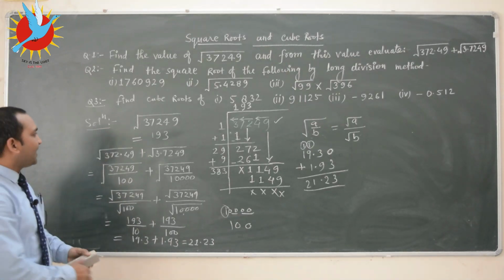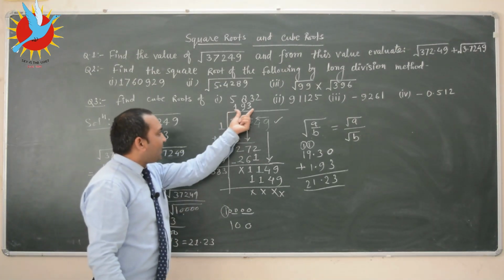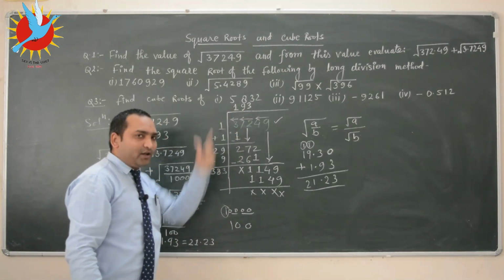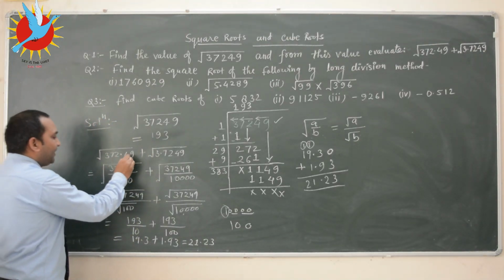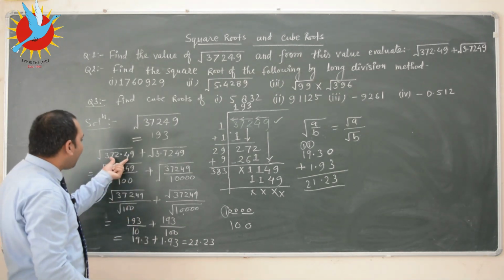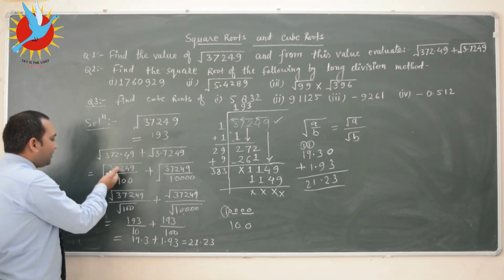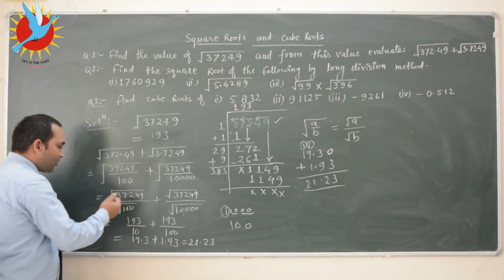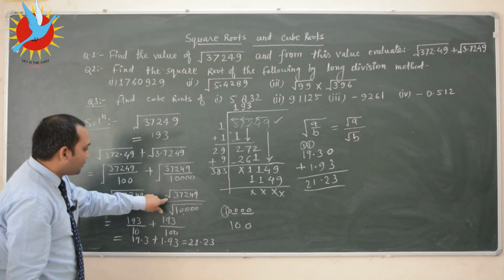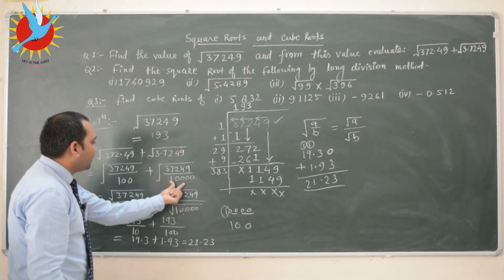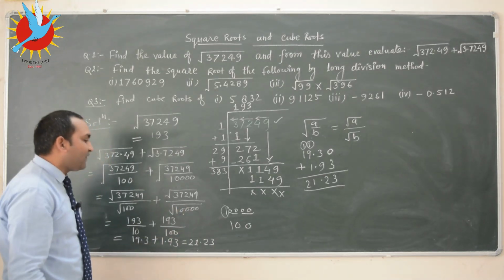So it is clear that a number is given whose square root we have to find. First of all, we find the square root of that number by the long division method. After that, the same number was in the decimal form, so we convert the decimal form into the fraction form and find the square root. Simply, we find the square root of the numerator upon the square root of the denominator. Here also, the same number and the square root of that number upon the square root of the denominator 10,000, that is also a perfect square number because 1 is a perfect square.